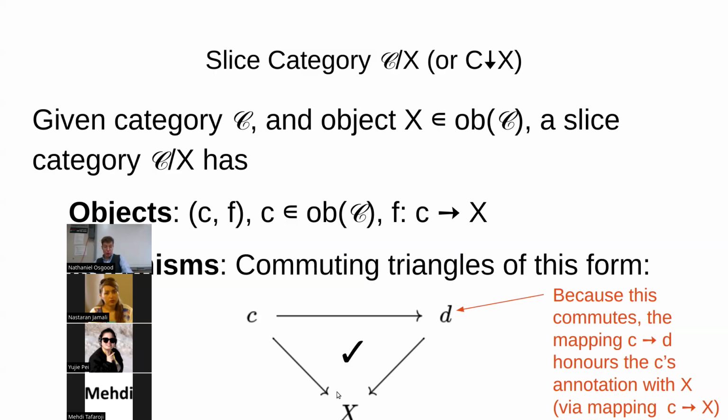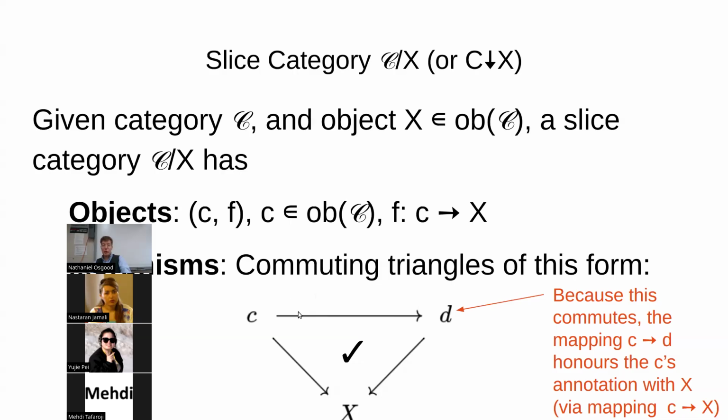So we're going to be concerned about things where, for each object in our category, say in set, we have a mapping that tells what maps to each component of X. And we want as morphisms things that preserve that information. So if we have a morphism from C to D in the original category C, say from one set to another,